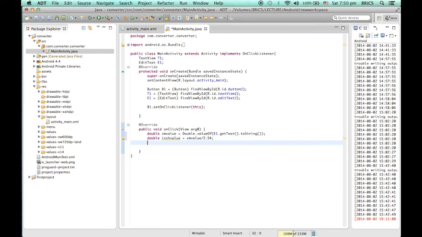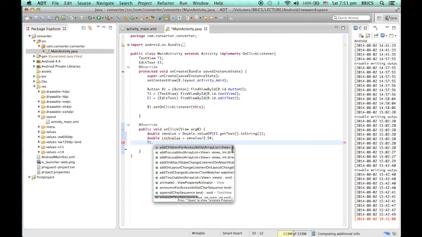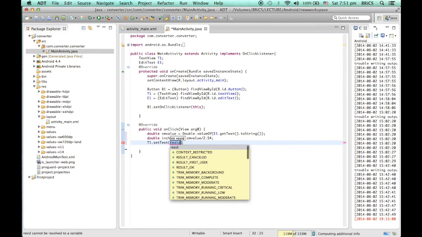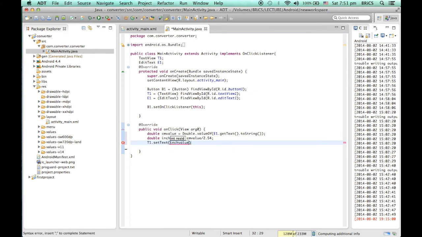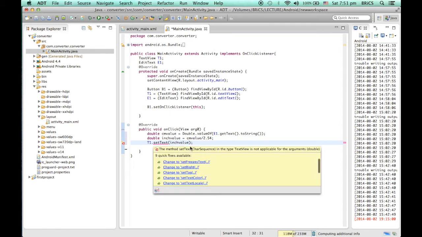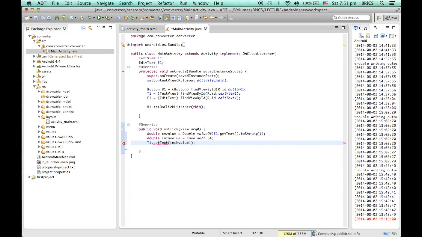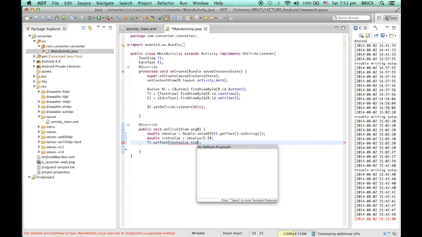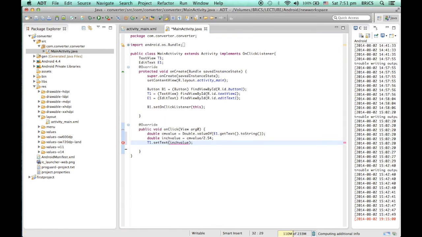Now our final statement should be to print the inch value into our text view. So I will write t1 dot setText, and inside this I can write inch value. It says that this method is not for double, so I will again use dot toString.